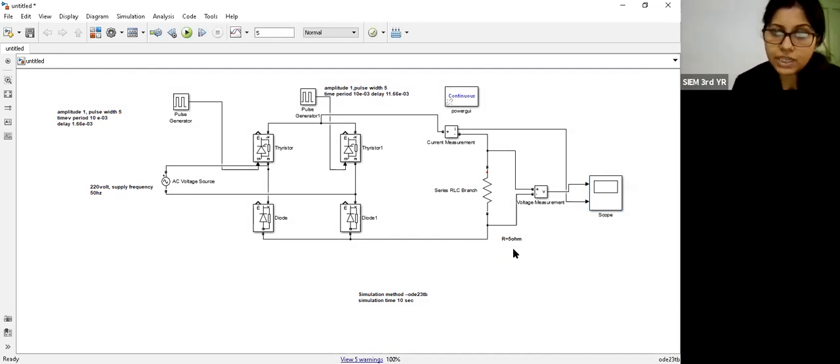So this is the symmetrical configuration. Similarly, in the asymmetrical configuration, you have to replace one diode in the first arm and connect the second thyristor in the first arm. And in the place of the second thyristor, you have to connect that particular diode. That means the diode and the thyristor connection will be interchanged. This thyristor will come in this side and the diode will come into this side. Okay. So please draw the circuit and write down the parameter value.